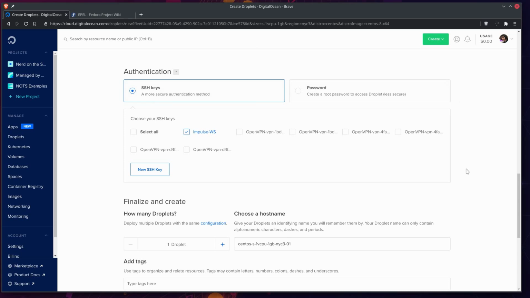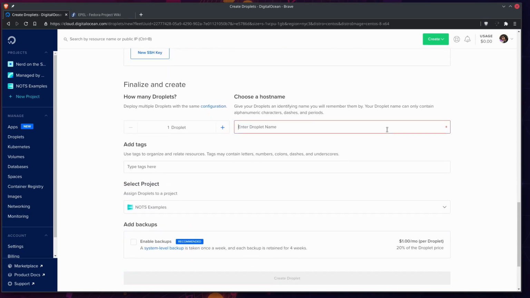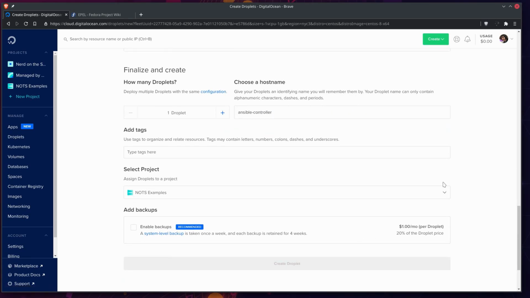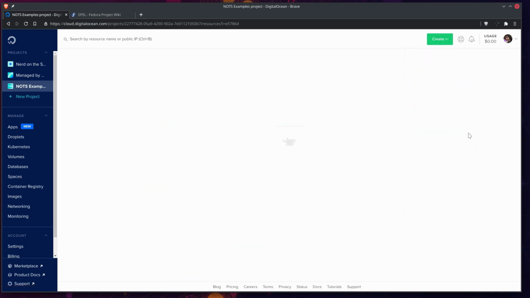I'm going to add my SSH key so I can log into the server right away without needing a root password generated, and this server I'm going to call Ansible controller. So we'll create that. While that's provisioning, we'll create 2 of our managed nodes, and these are going to be